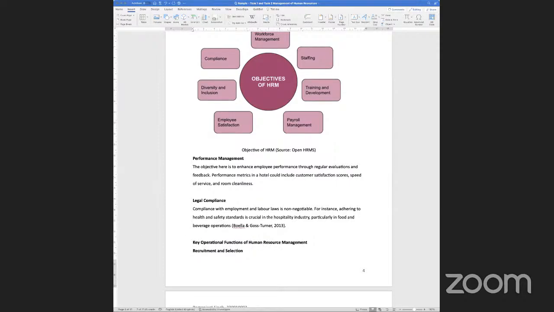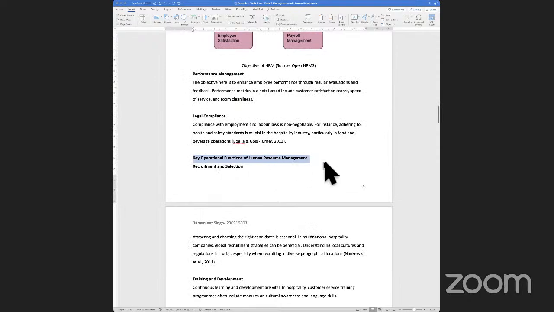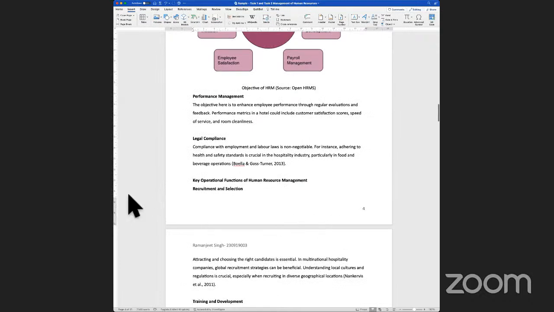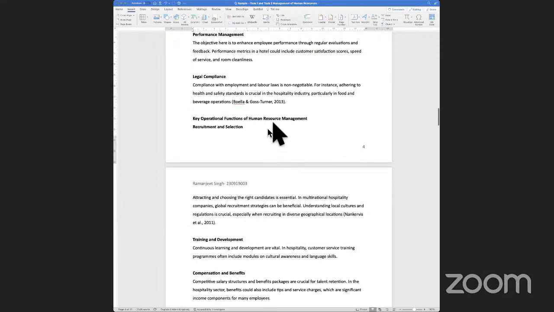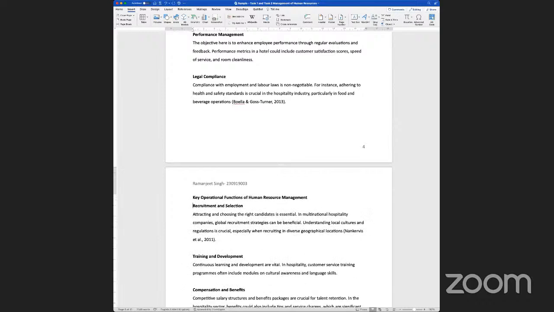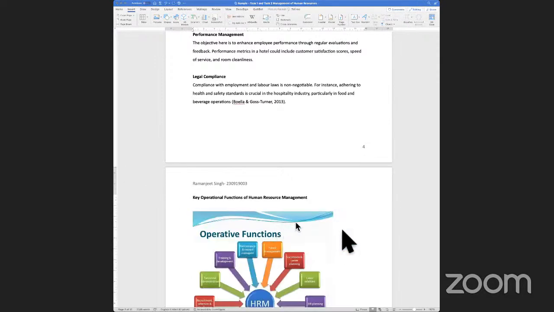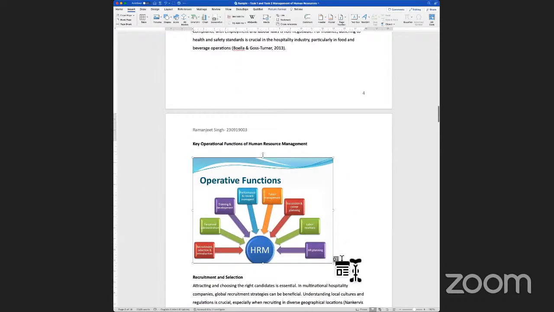of the task. The third part of the task talks about the key operational functions of HRM. So what you're doing is going into detail, explaining these operational functions. And sometimes when we talk about the operational functions, what I would suggest is that it is going to be useful if you bring across an image so that you clearly know what the operational functions are that you're going to be covering in terms of doing the HR. So here I've taken a picture from Google by doing a bit of a search, and this would allow me to reference the image, and it also tells me a bit of